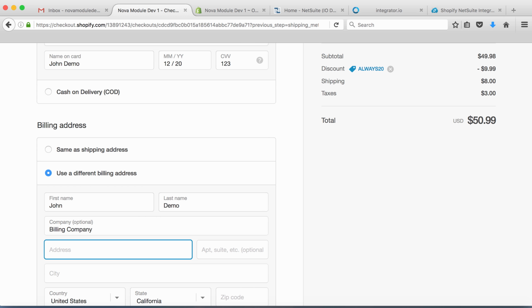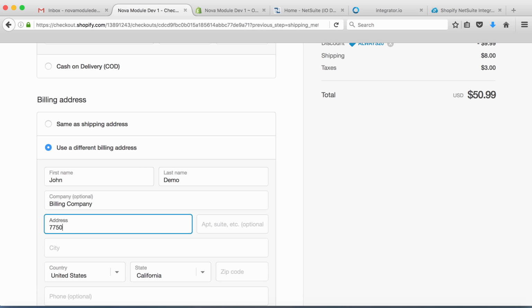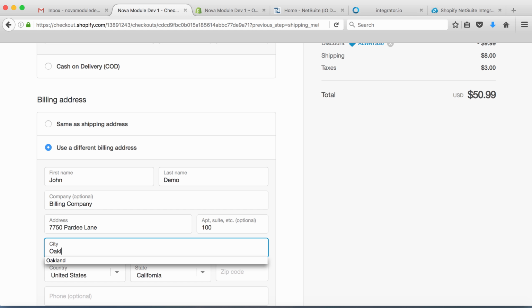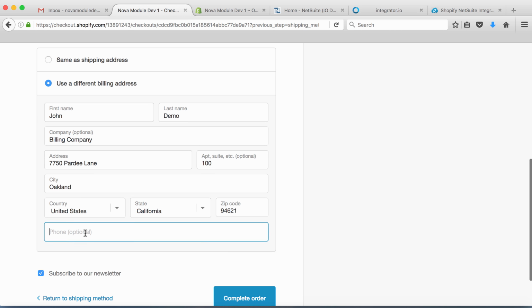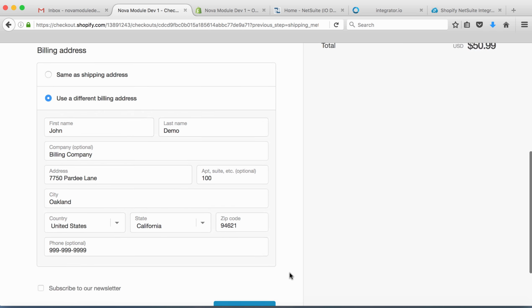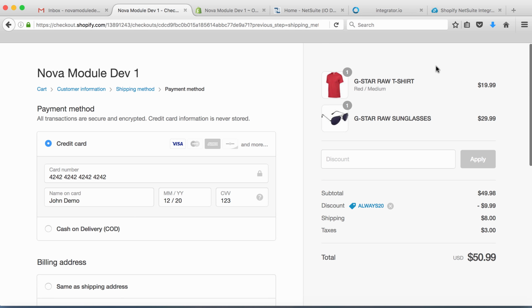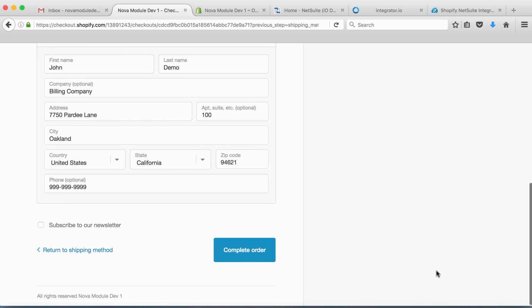let's ship this item to Oakland, for example, 7750 Pardee Lane as an example, Suite 100, Oakland, California, 9461 is the zip code. And for the phone number, we'll use all 9s, let's say. Let's uncheck this checkbox. We don't need any newsletters, not at this point. Let's take a look at the sales order summary again, and everything looks good. So I'm going to go ahead